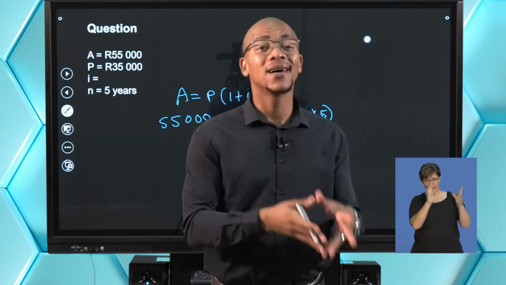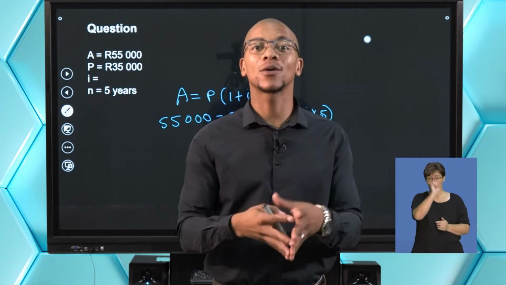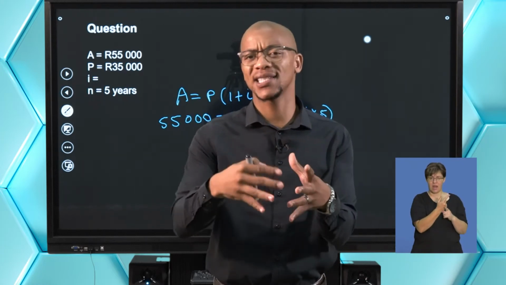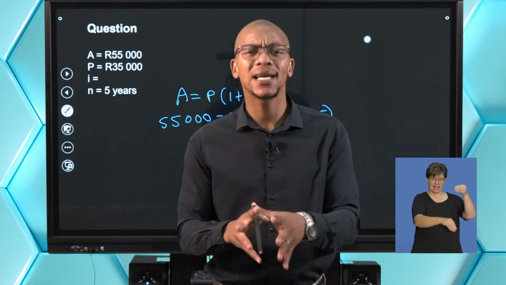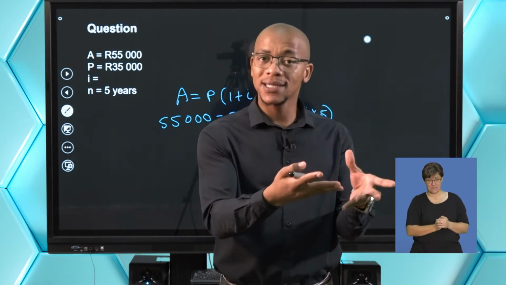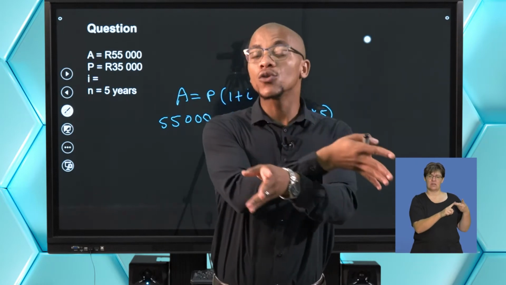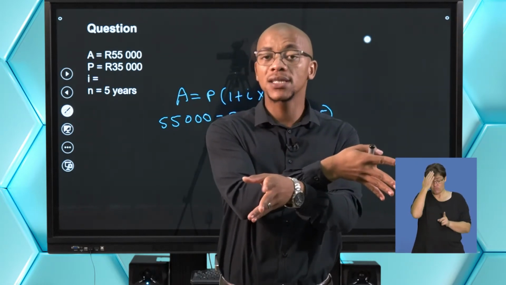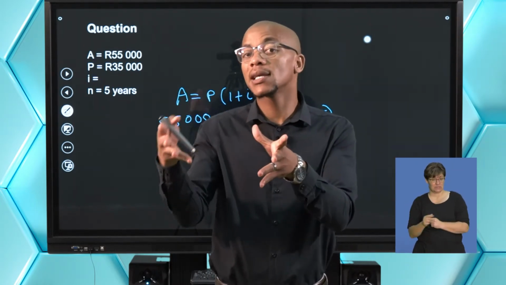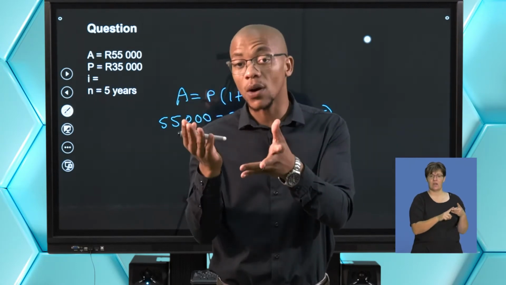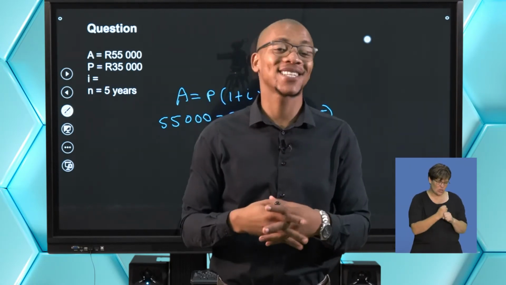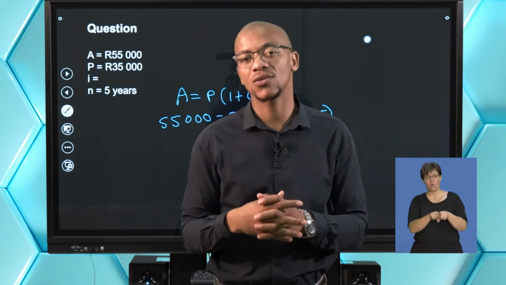All right. So guys, I hope that puts a lot of things into perspective with what we've been doing so far. Remember, simple growth is about having a constant value that is being added over time, right? So we've looked at an accumulated amount. We've looked at calculating the value of P if we know what the accumulated amount is. We've also looked at calculating the how long part, meaning the number of years. Now we're looking at also calculating the interest rate.